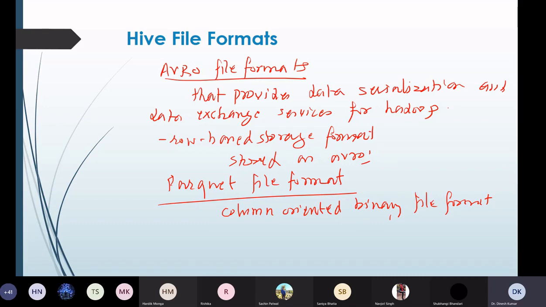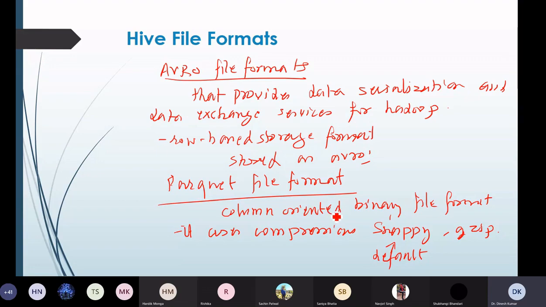It also uses compressions like Snappy and gzip, but Snappy is the default compression in case of Parquet.